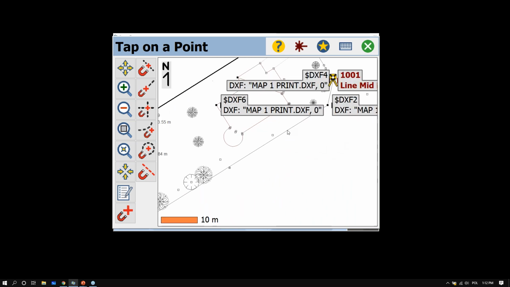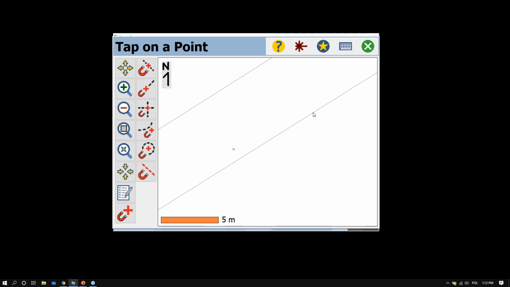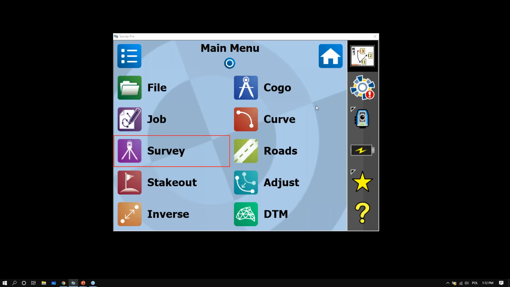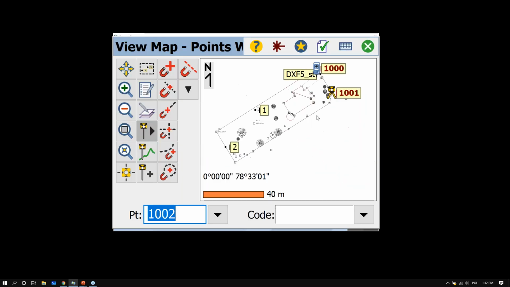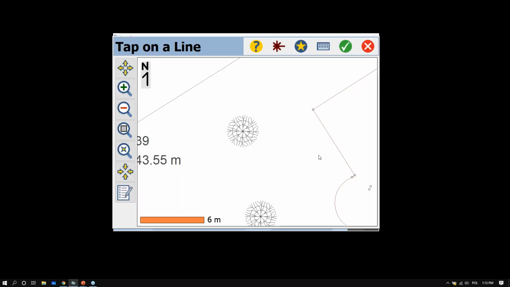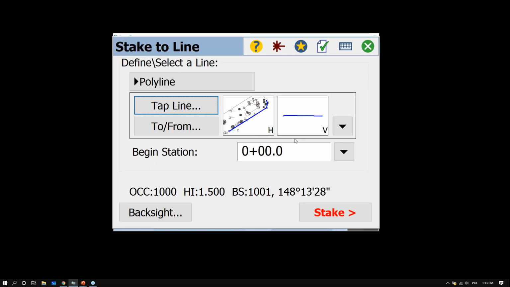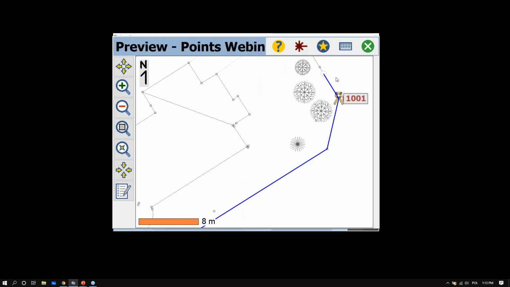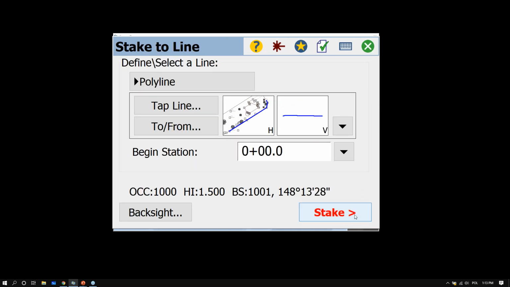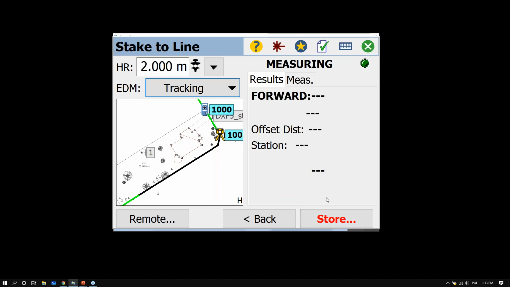One more option here, if I would like to stake the line from this system, just click somewhere on the map, right mouse click from the map. Actually, I have to be here. So staking this line, just select stake to line, and select line from the system, right? So that's a horizontal view of the line, vertical view of the line. If I extend this, I can actually see the beginning of the line starting here and the end of the line indicated here by the arrow, and then stake, and then we are ready to